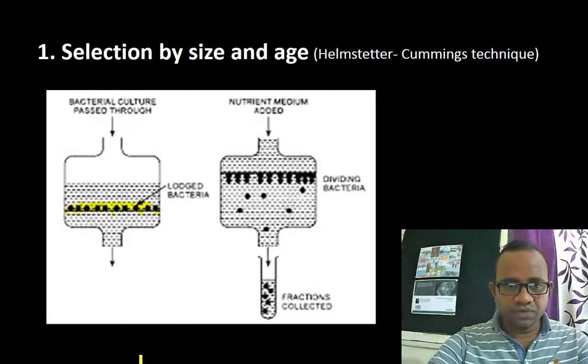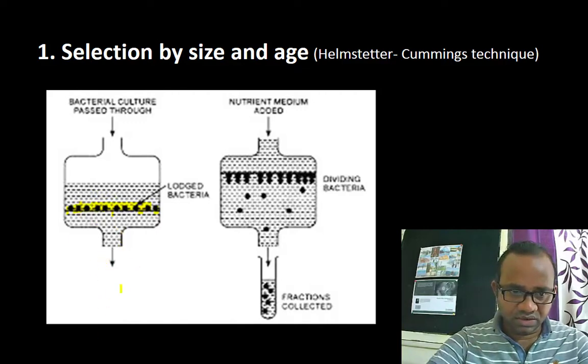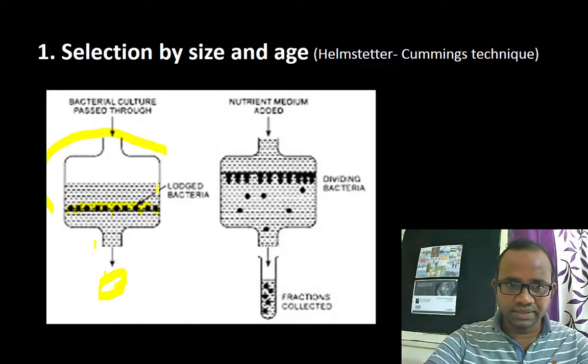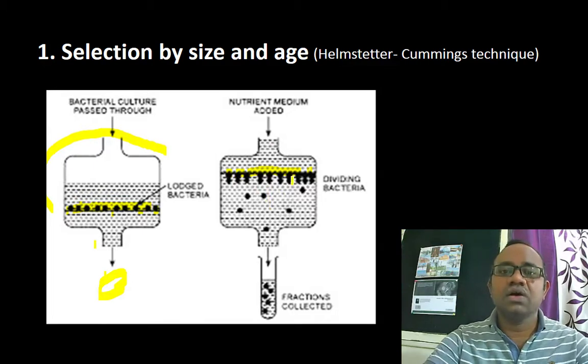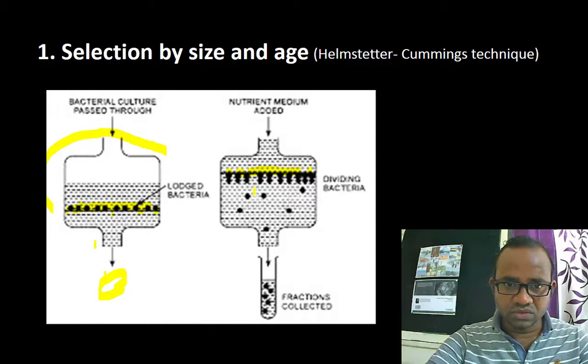Okay, and now what will happen? The smaller bacteria get discarded out here. Then what we'll do? We will invert this apparatus, so it becomes like this. What will happen? The previously attached bigger bacteria, which cannot pass through the membrane, remain attached to this filter membrane. Now they can be detached by adding fresh nutrient medium. So the bacteria which were retained on the filter paper are now loosely attached and free in the medium.